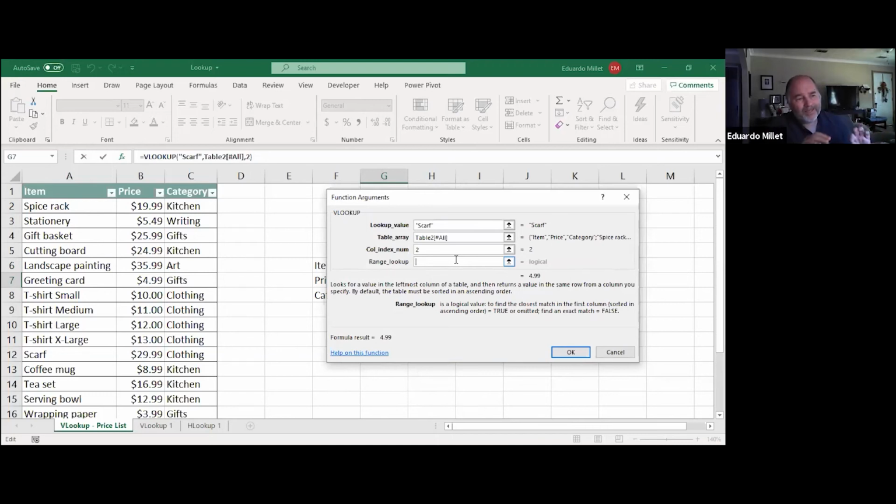Right now, as it is, I need to enter one more argument that is going to be a false statement. If it's true, Excel, for this range lookup, is looking for something similar to the actual word. If I put false,